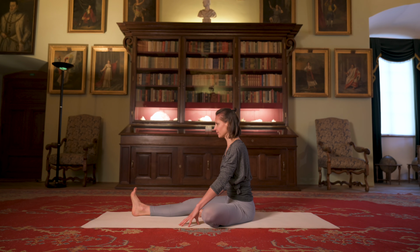And if you want to deepen the stretch, maybe some of you will get hold of the feet, or maybe just get hold of your fingers and release down. And when you're ready, slowly come up. And we're going to switch legs. So the right foot comes to the inner side of the thigh, then lift up and open the chest. And as you exhale, tilt the pelvis forward